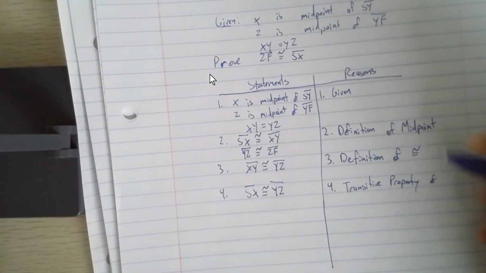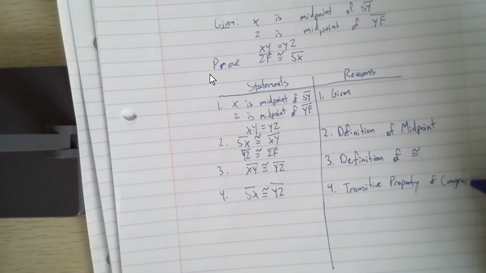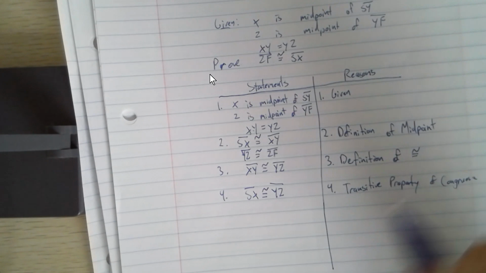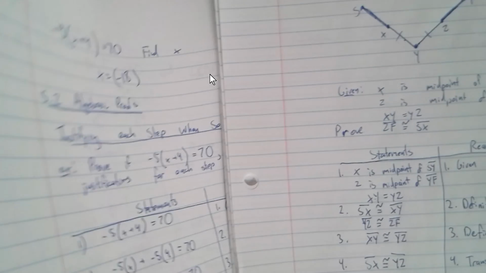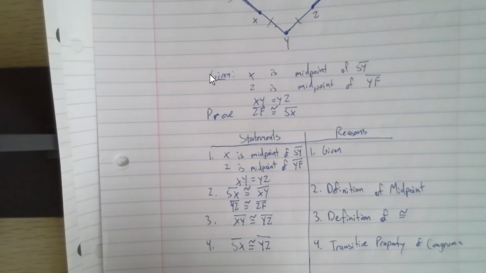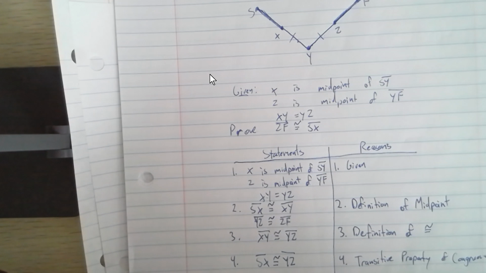Let me stop for one second. I know this is a very long example, but I need to find the cheat sheet I have, so you know where I'm pulling this from. The definition of the midpoint is from section 5.1, right here. It says if you have a point in the middle, then these two segments are going to be congruent to each other. Also,